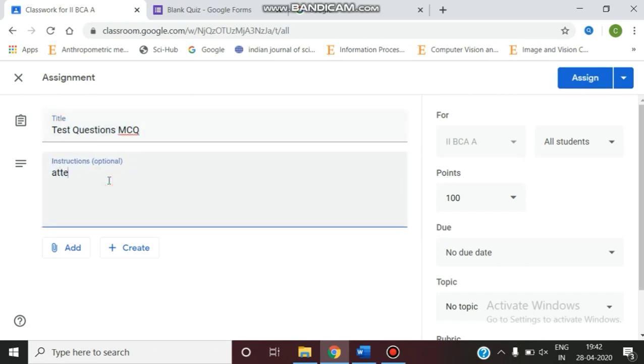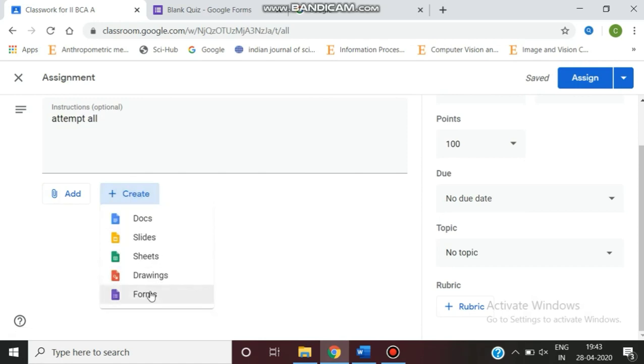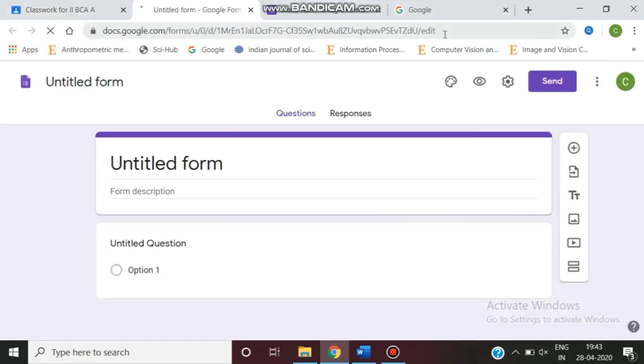Instructions: you can give any instructions if you want. I'm giving "Attempt all." Now there are two options, Add and Create. Add, if you already have existing files, a Google Drive link, or a YouTube file, you can add. Or else, if you want to create freshly, give the Create option. Select Forms, because through Google Forms I'm going to give an assignment as an MCQ